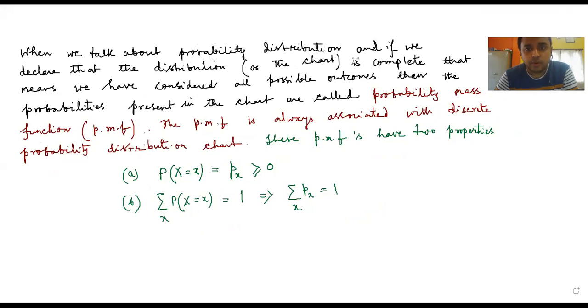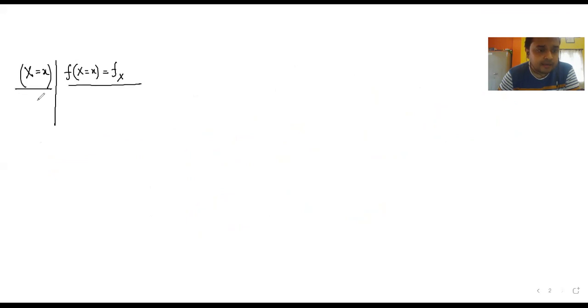I hope that you know a little bit of mathematics, a little bit of statistics, from your school days. So by hoping this, I think that you know this particular thing which I'm writing right now: x equal to small x, these are the values, and f of x is equal to small x, or sometimes it is written as just f of x. What are these? This is called the value which is associated with the system, and this is called the frequency.